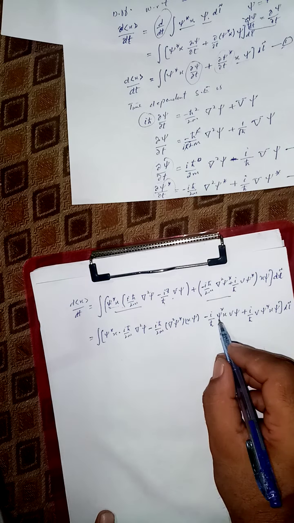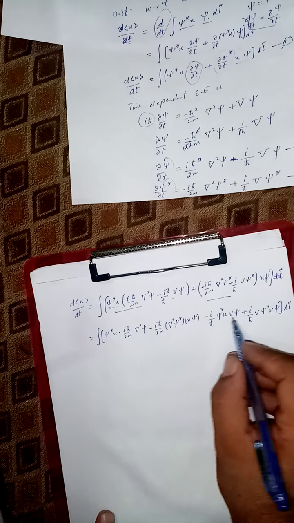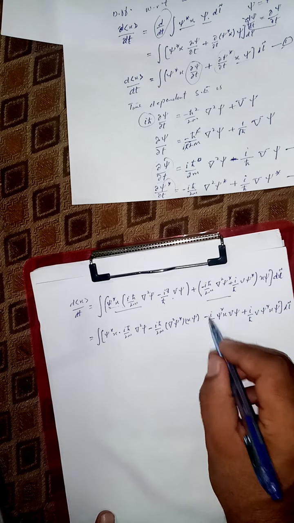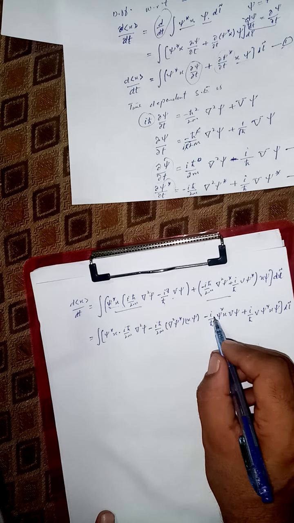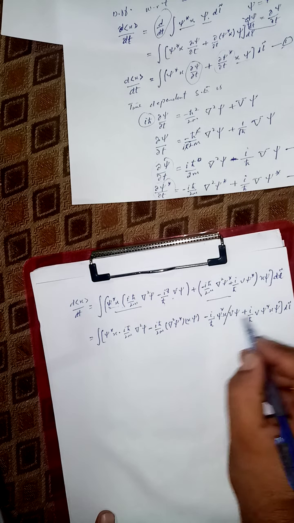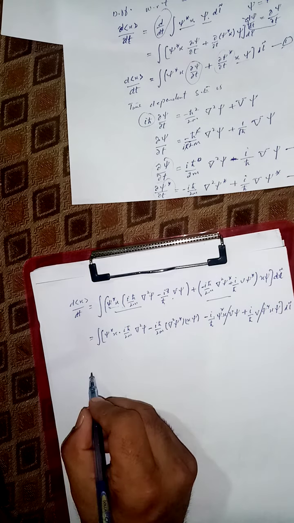Now if we look here, V is a constant scalar quantity, so we can bring it outside. If we bring it outside, then these two terms become equal, so they will cancel each other, and we have this relation,